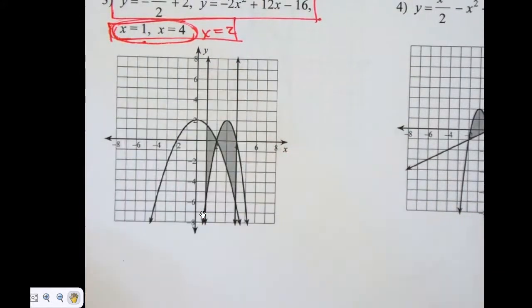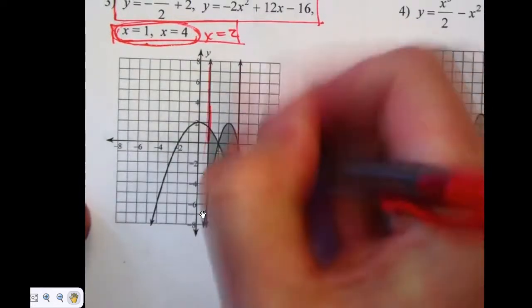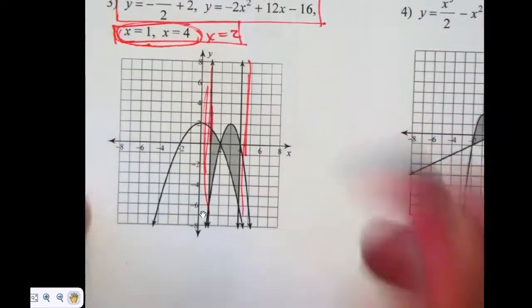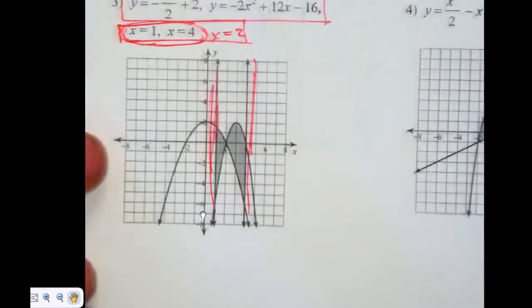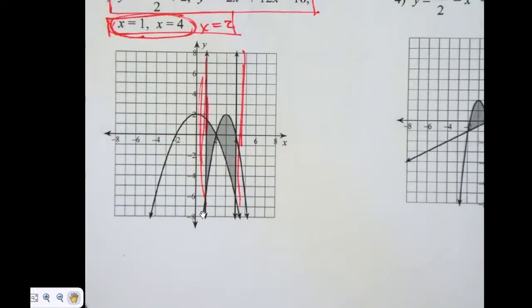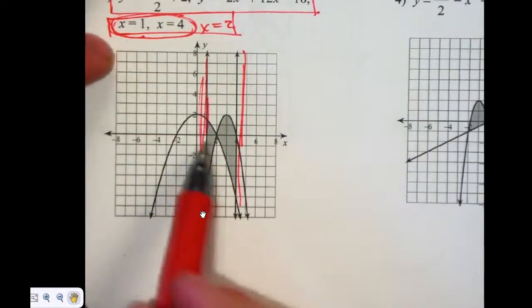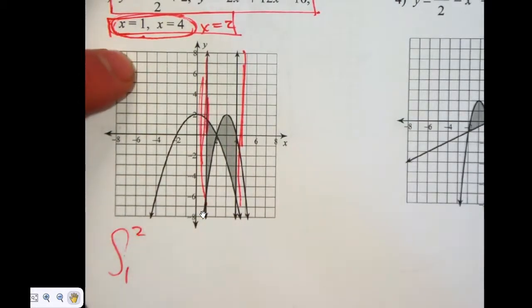So those are boundaries. This line is x equals 1, and this line is x equals 4, and we're looking in the middle. So we get, what do you get, 2 and 6? Is that it? Yeah. The 2 we care about, because that's in between the 1 and the 4. The 6 we don't, because that's just outside of our window. So we have to set up 2 integrals now. I have to have one integral going from 1 to 2, and another integral going from 2 to 4.